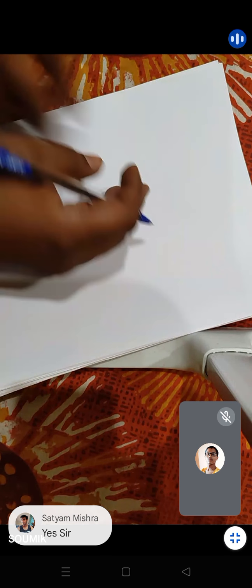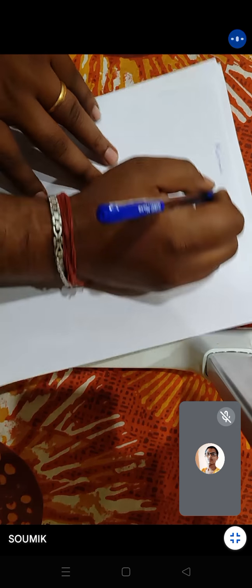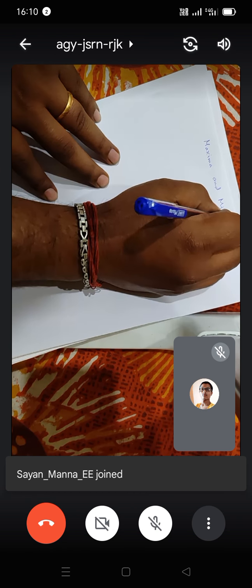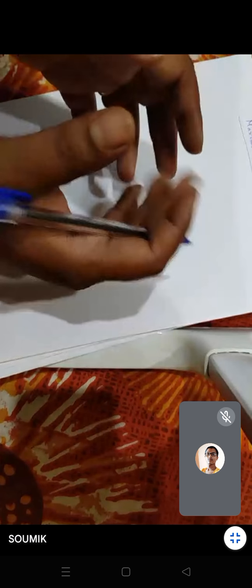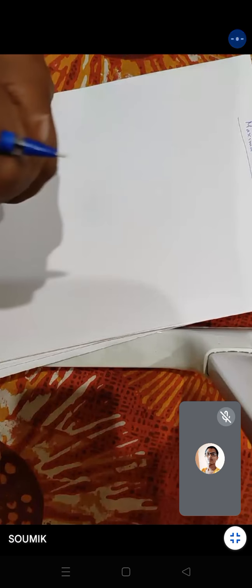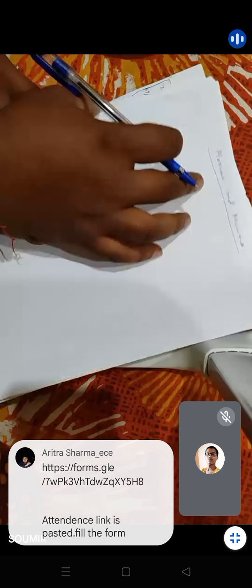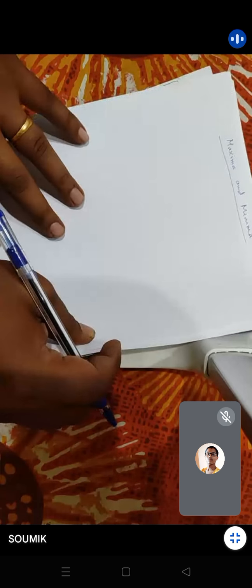Today we are going to study maxima and minima. Maxima and minima is a very crucial, very important part in calculus theory. Okay, in differential calculus theory, it's a very important part, maxima and minima of a function. Okay, so first of all,